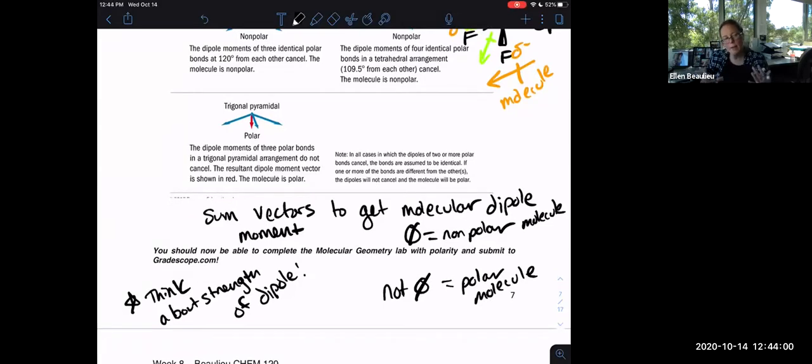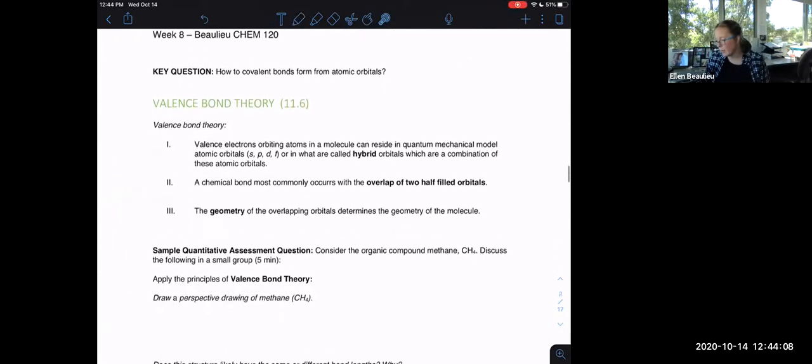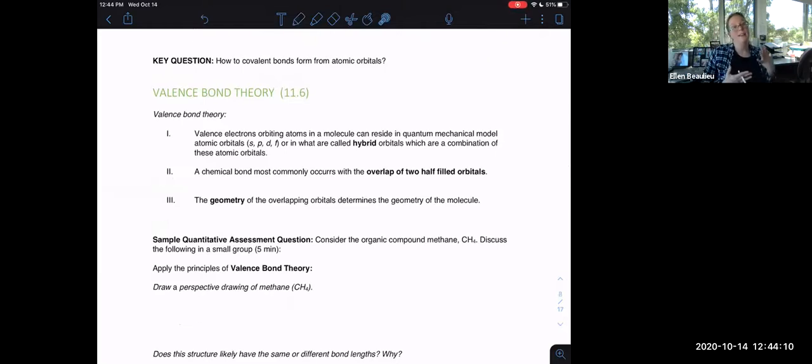Hopefully you now have a little bit of an understanding about polarity. You can go review the asynchronous lecture and attempt the last part of your lecture notes. I want to move into the last key topic before our assessment, which is called valence bond theory. I want to emphasize